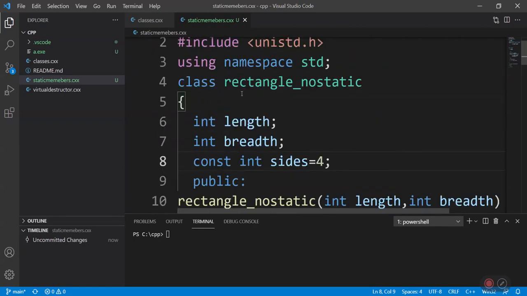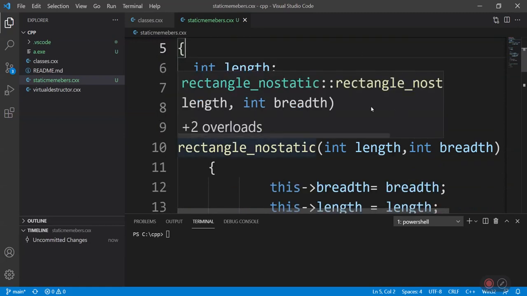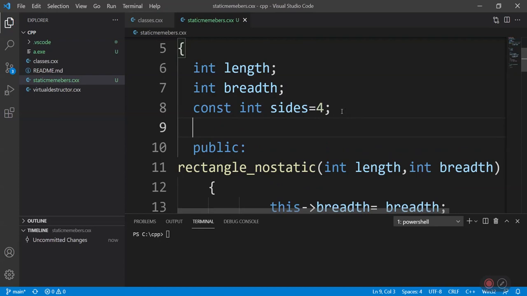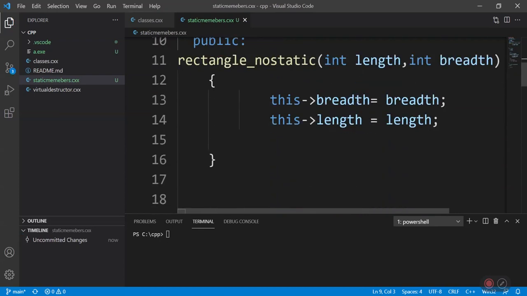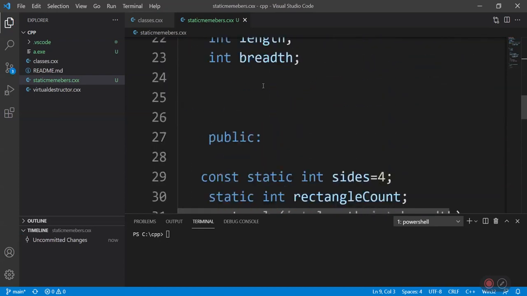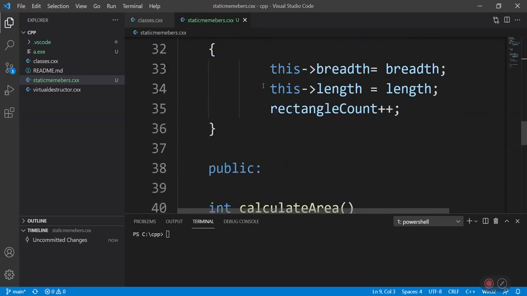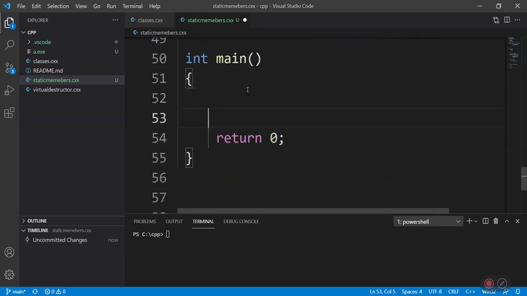This is a simple rectangle no static class, and we have 3 member variables now: length, breadth and sides. Now let's try and create maybe 1 lakh objects.